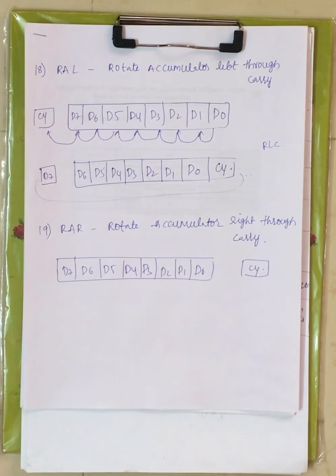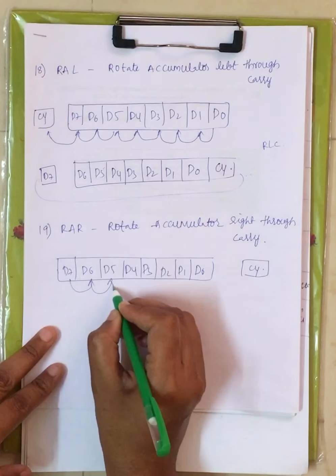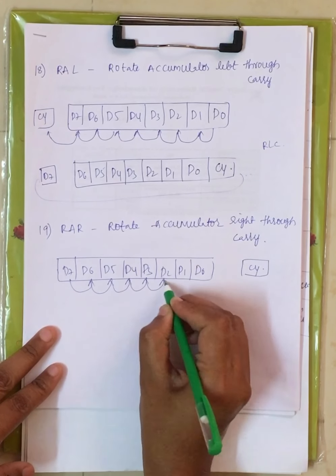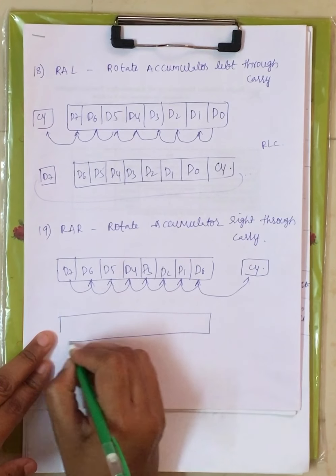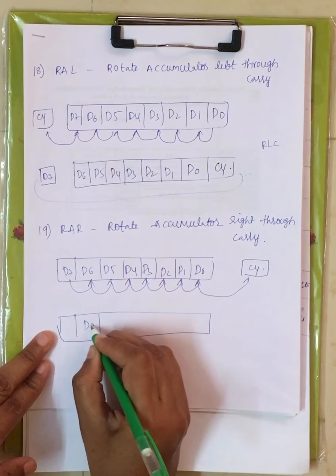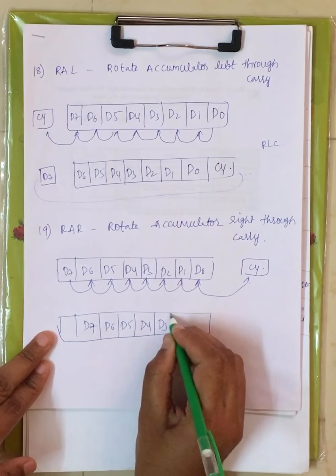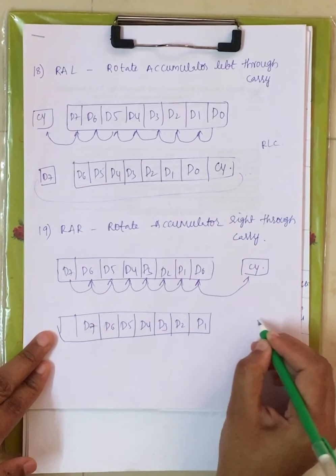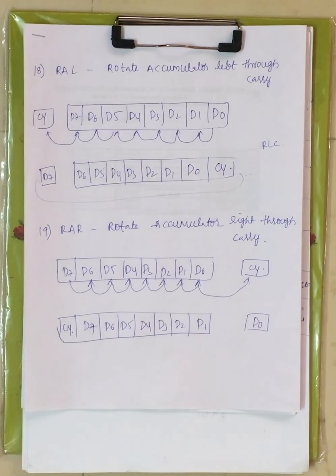Now using this instruction we can shift each bit by one adjacent right position along with carry, right? Now D7, here you will get D6, here you will get D5, D4, D3, D2, D1 and D0. Now the representation is, here you will get D7, D7, D6, D5, D4, D3, D2, D1, and here carry is replaced by D0 and carry is carried here, right? Along with carry, right?